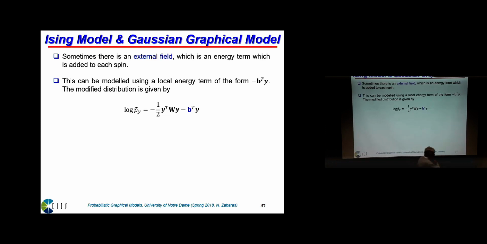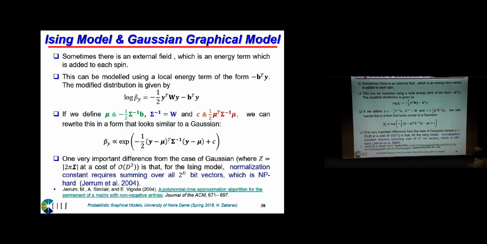If this is a composition of a material system, an alloy, you can control maybe the average composition. This can be related to an external magnetic field or something like that. So in the context of what we do, we basically enhance the energy with this term beta transpose y,